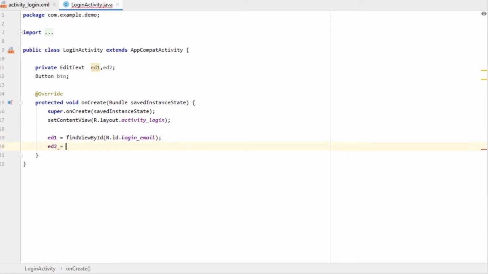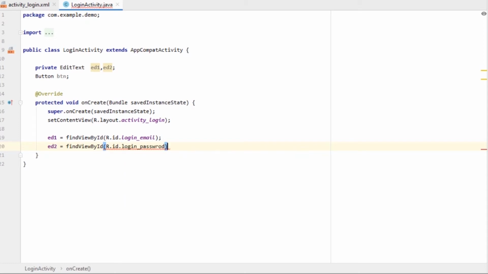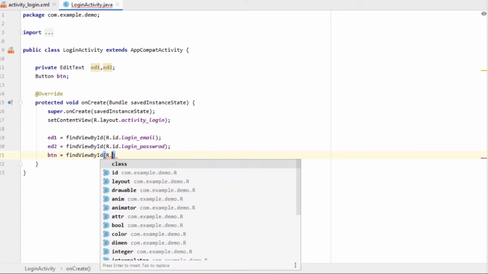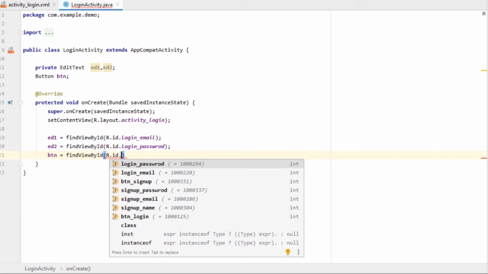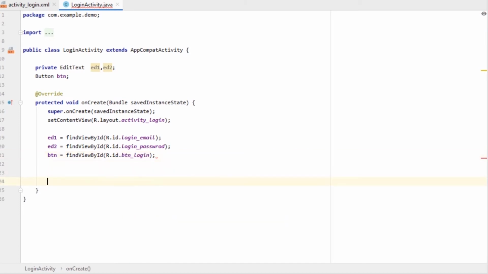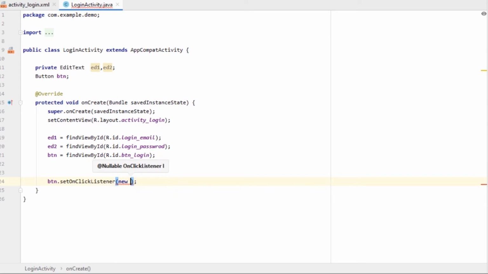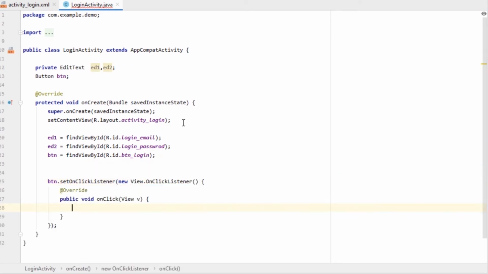ed2 equals findViewById R.id.login_password. And button equals findViewById R.id.login_button, login, and button.setOnClickListener, new OnClickListener, and we'll need two strings